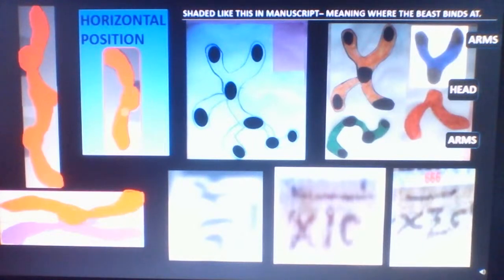They look like this. And when there are 2 of them binding at the hands, they appear this way. And these beast forms explain the arrows, all the arrows, when there are 2 or 3 of them in our manuscripts. When there's just 1 of them, the short one, that is the I in the Byzantine text,